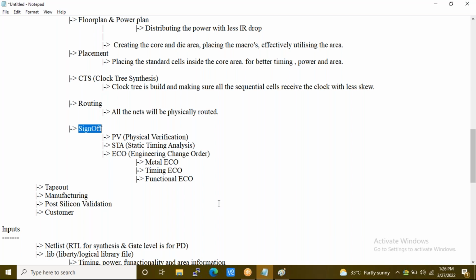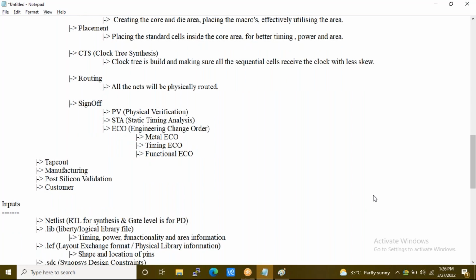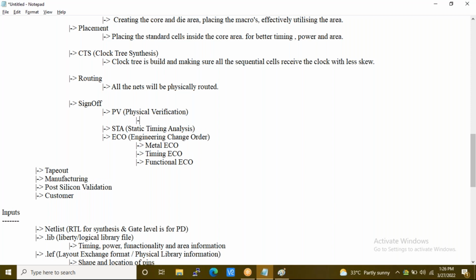Right. Yes, sir. So physical verification. I'm not sure who has asked it because it's been a long chat. Now physical verification means we are going to be performing checks on the routed wires.